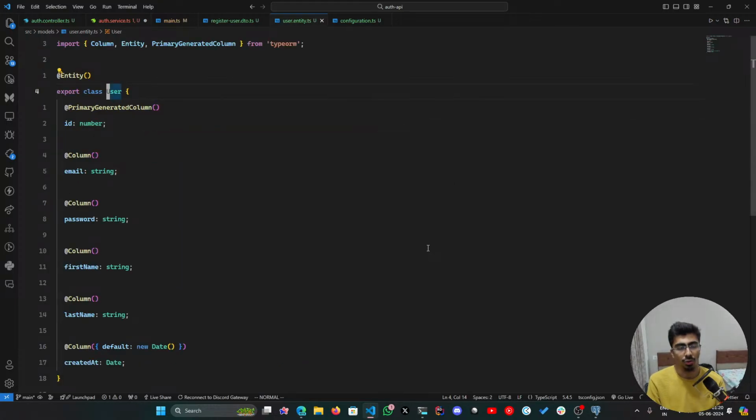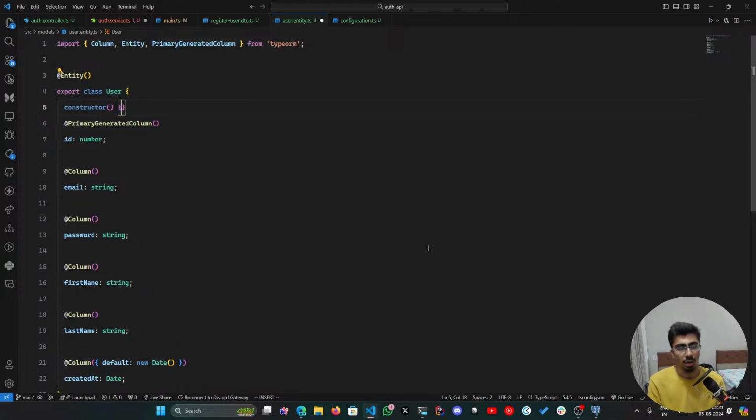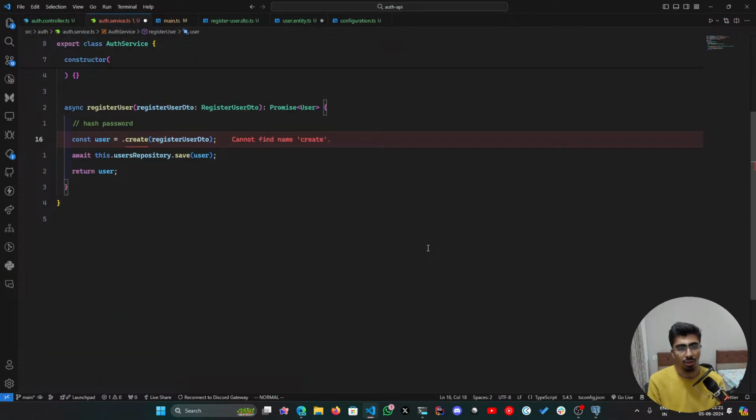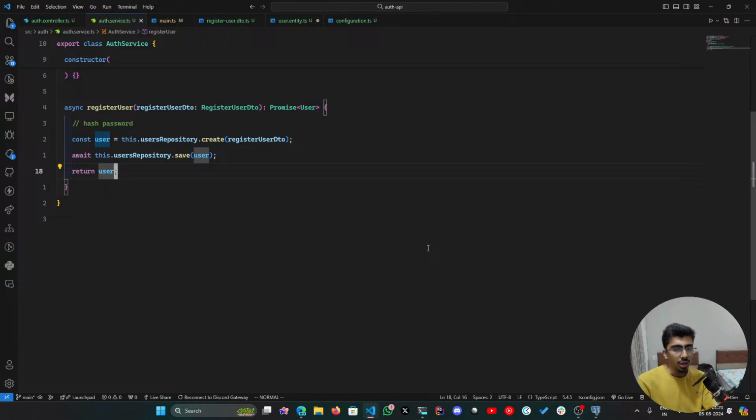Okay, so we need a constructor, but I don't think we can have a constructor here. If I have a constructor, it must take in the entire thing. Okay, then let's not go with this. Let's just go ahead and make this simple. So we create with the register user DTO, and